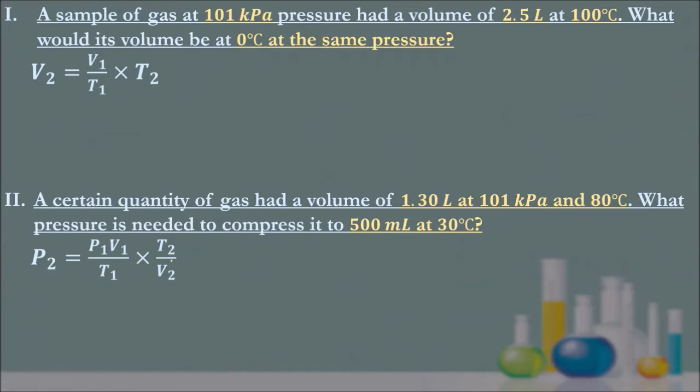Alright, so if you read through the question carefully, we have a sample of gas at a pressure of 101 kilopascals at a volume of 2.5 liters at 100 degrees Celsius. And the question's asking you what would its volume be if we change that temperature to 0 degrees Celsius, but we left it the same pressure. Well, we know that